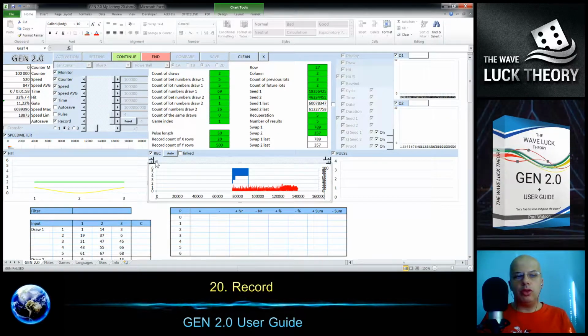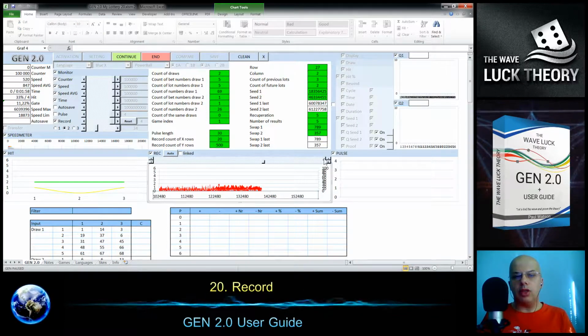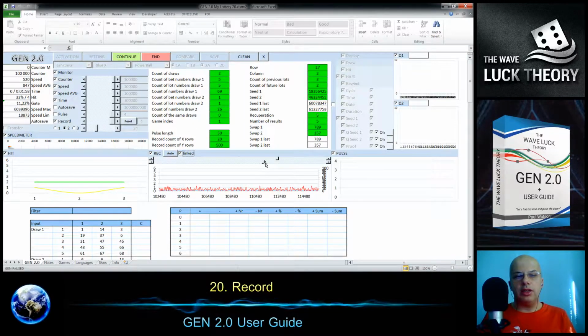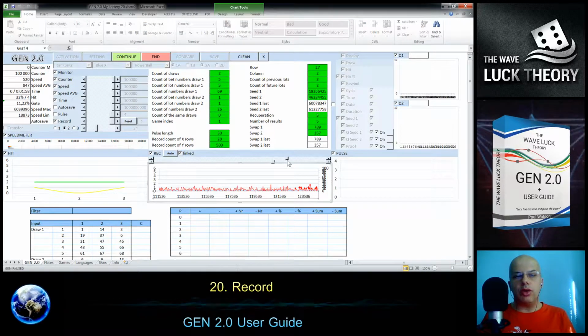If I move the left locator and the right one, you see here we have the recorded value in the bigger scale. If I want to move the record line and trace in the same scale, I will just click link, and then these two will move together. So I can move it to the right,